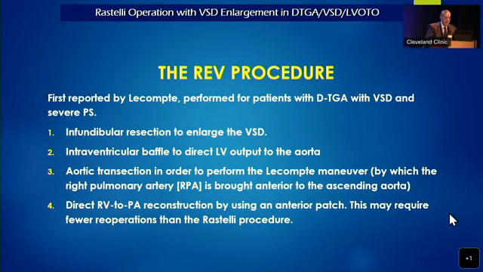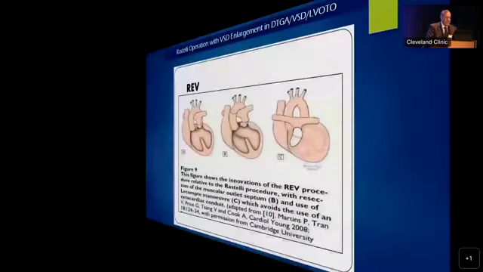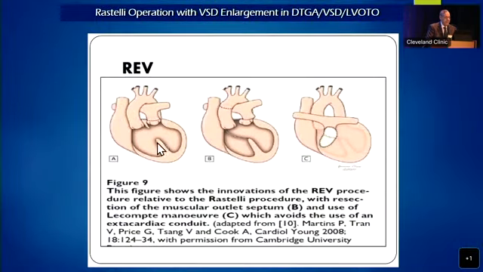This leaves the patient with inherent pulmonary valve regurgitation. These are just the pictures. The infundibular septum is resected, the patch routes the LV blood to the aorta,